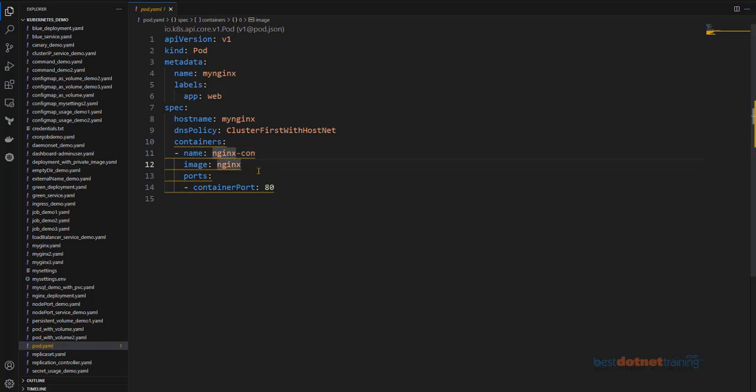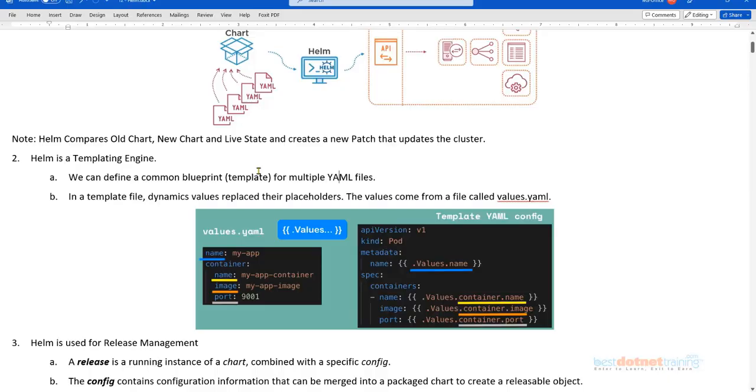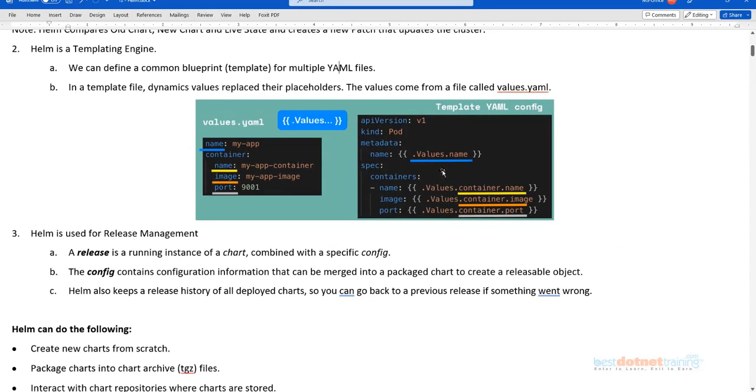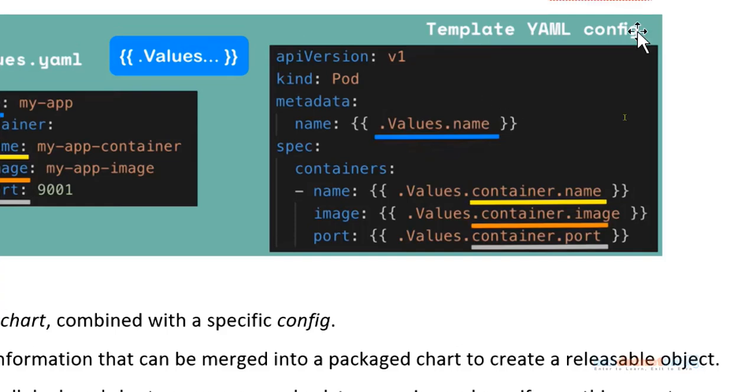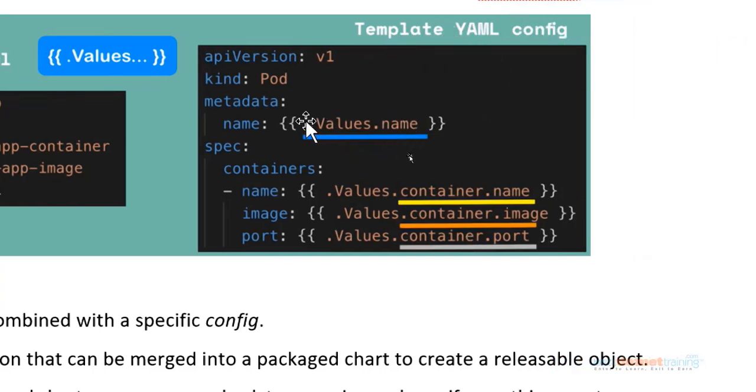Isn't it? But when you create something like a template, a Helm template, you notice carefully, these don't have the real values to be used by the cluster. Rather we have placeholders here. I'm just talking about this file. There you go, the template YAML file. What we have here are the placeholders. So this is a YAML file for creating a pod. So what will be the name of the pod? We haven't specified here. Why? Because this is just a template on which a pod will be created. The value will be specified at the time of installing or deploying.